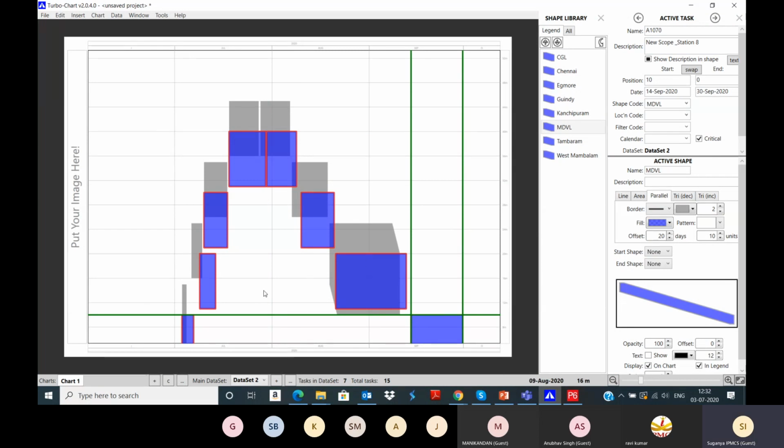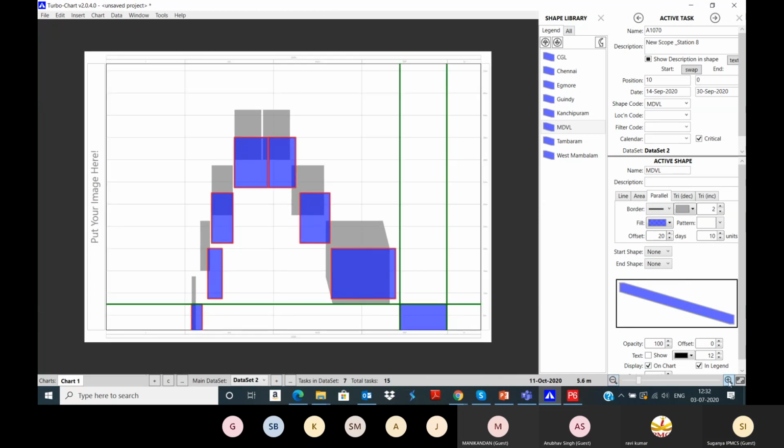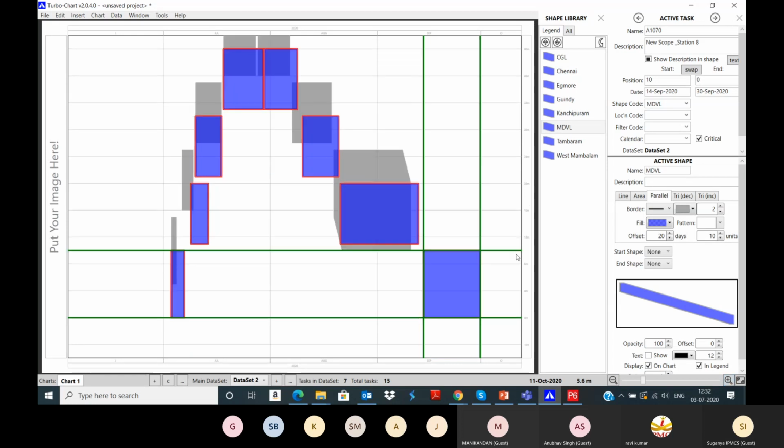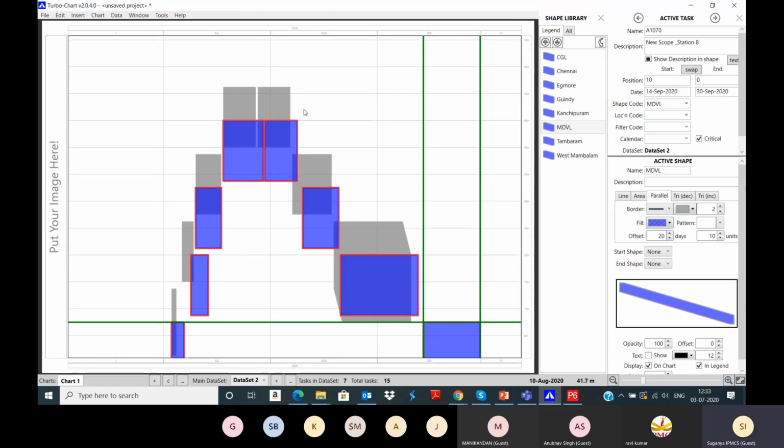And also you can see in the offsets, the baseline bar is not displaying for the new station because it has been added in the middle of the project during the actual phase. So there is no baseline activity for this. Also in the turbo chart, you can just view the images from a particular date to this date or from the start location to end location. So this is for the metro project which we have seen now.